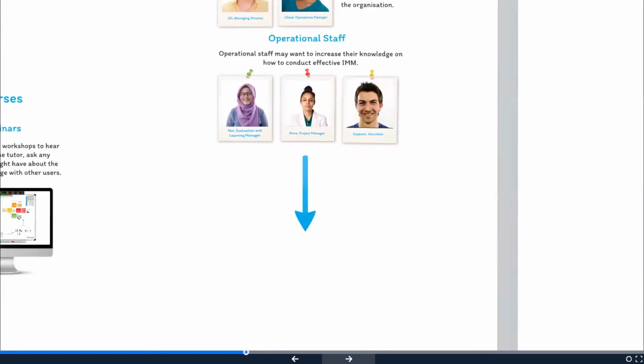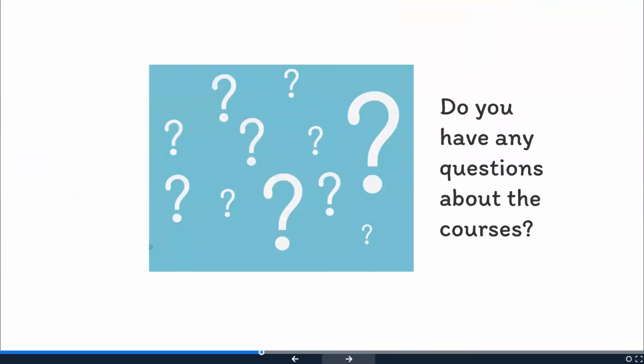And yeah, so you may have frontline staff as well who are actually working with people on the ground, maybe more on a one-to-one basis, and the use of data there is about the individual beneficiary and how they're helping that individual. So there are lots of people who might have a potential interest in joining the courses, and that we would encourage you to